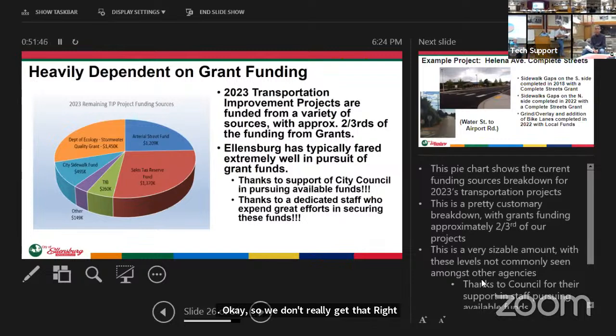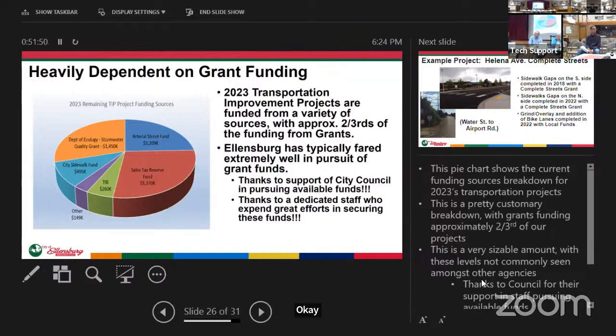And I would just add, Derek talked about how we had about two-thirds in this funding cycle that was funded. I think when we did the numbers last year, it was about four-fifths. So the amount of grant funding actually varies from year to year and project to project. Our staff do a great job maximizing our local investment to pull in other state and federal dollars.